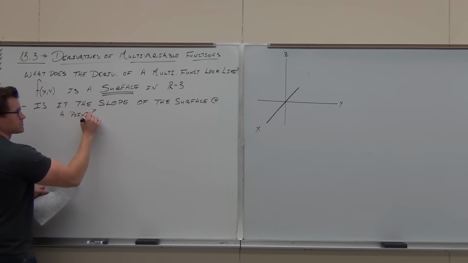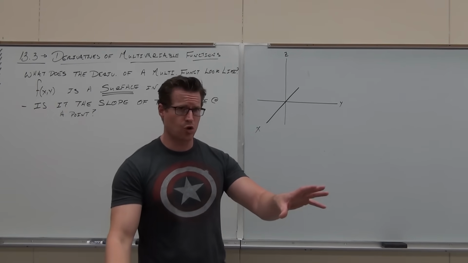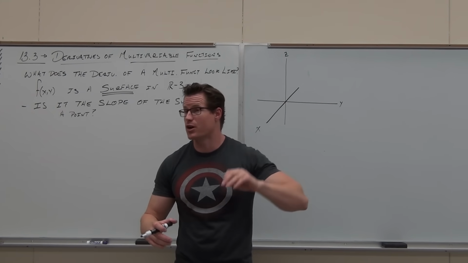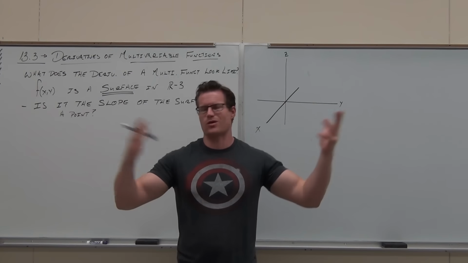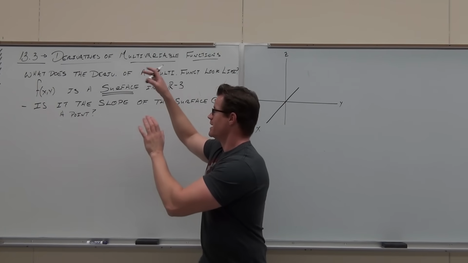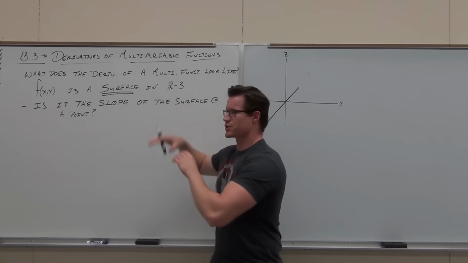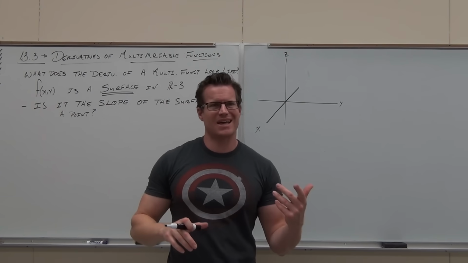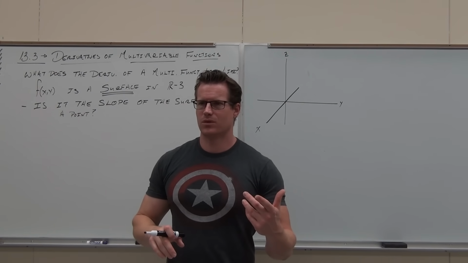I mean, it seems kind of logical, right? Because you just told me that the first derivative of a regular function with one independent variable is a slope of a curve at a point. So is this derivative the slope of a surface at a point? What do you think? Does that make sense to ask that question? Well, let's